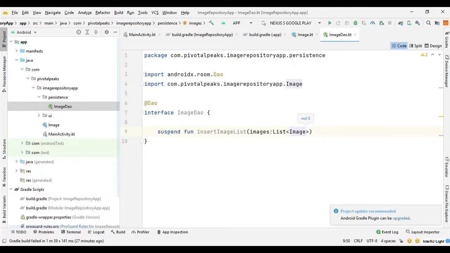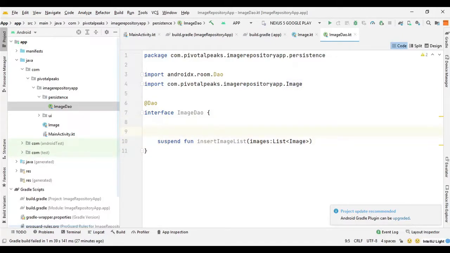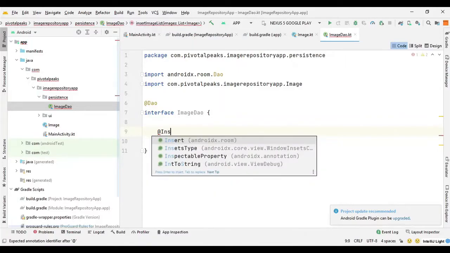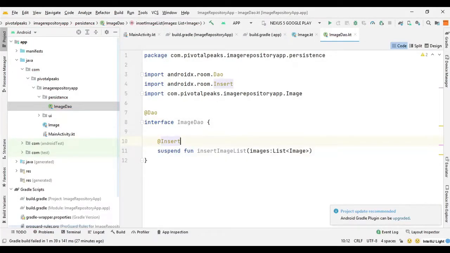Now we need to annotate it with the @Insert annotation. So here we can say @Insert, and now we need to provide a strategy for images with the same primary key.